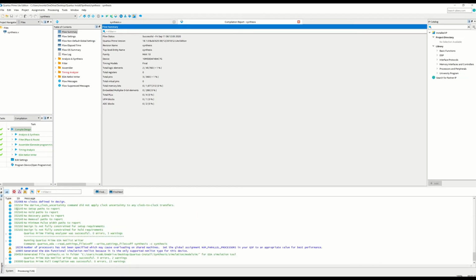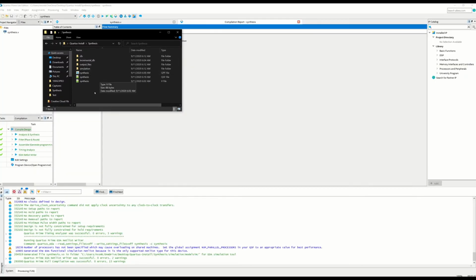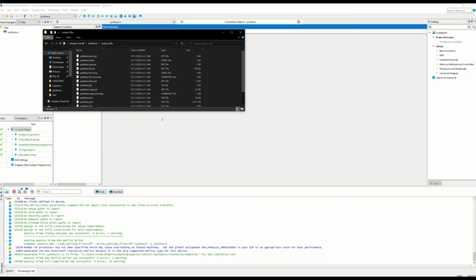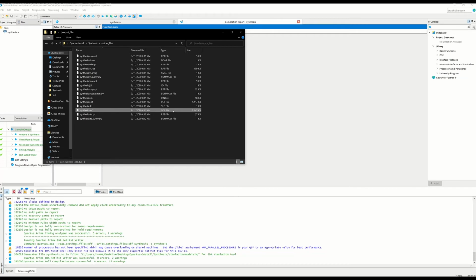So once this part is done, you want to basically verify your design on your board, and there is one particular file that you actually want to dump onto your board. To see that, you can go to the same location where you checked your QSF file. Let me refresh this. Go into your output files, and you should find a file called the SOF file. That is the file you'll be dumping onto your board.